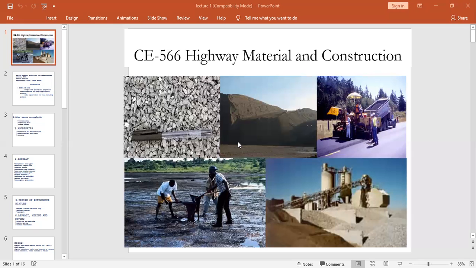Then we'll talk about asphalt mixing, grade and paving, and how this mix, there are plant mix and drum mix, and the asphalt paving operations, how you lay an asphalt, because the subject is highway materials and construction. So not only the materials will be taught, but what construction techniques are adopted, and obviously we'll have a lengthy discussion on how you improve upon the quality of the mix, how you take care of the mix,